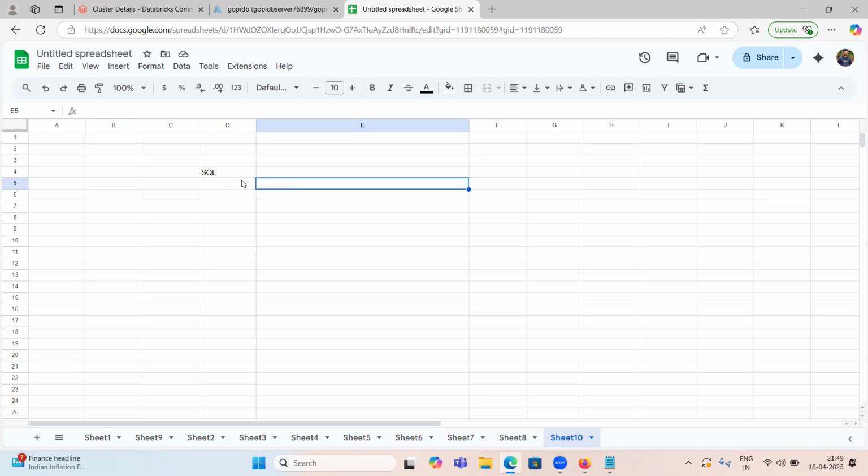Why do we use SQL? It allows developers or users to access data in an RDBMS. Otherwise, we can say it allows developers to access data, and it allows developers to